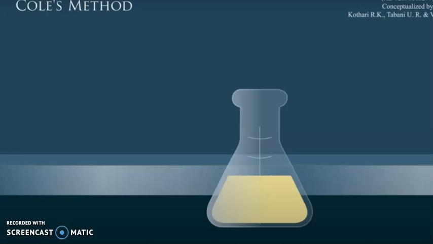So now for the estimation of lactose present in milk, one famous method is the Colles ferricyanide method. Now the principle behind this method is a redox type of reaction. So we call it a redox type of titration. Redox titration means one compound is oxidized and the second one gets reduced.